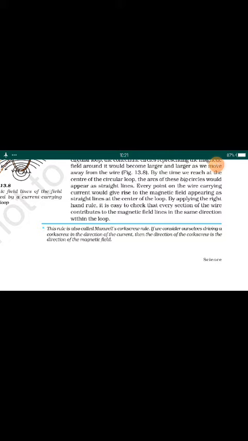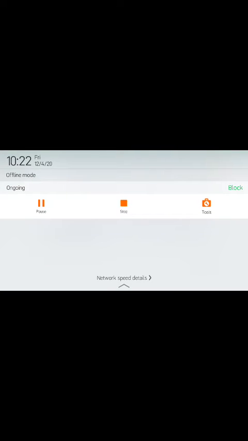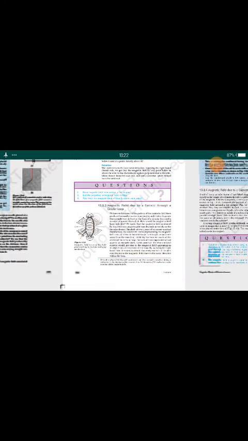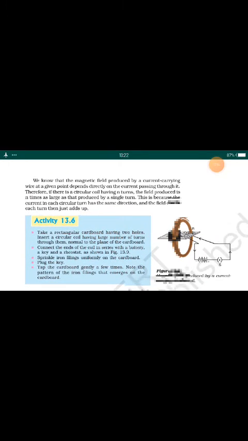appearing as straight lines at the center of the loop. By applying the right hand rule, it is easy to check that every section of the wire contributes to the magnetic field lines in the same direction within the loop. We know that the magnetic field produced by a current carrying wire at a given point depends directly on the